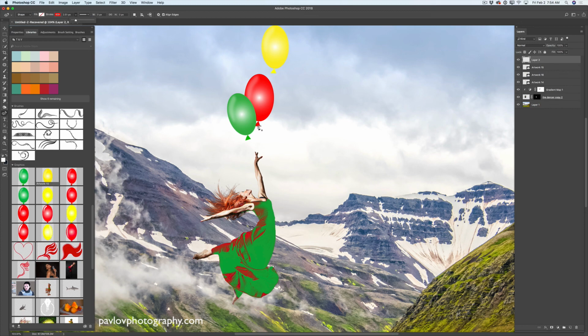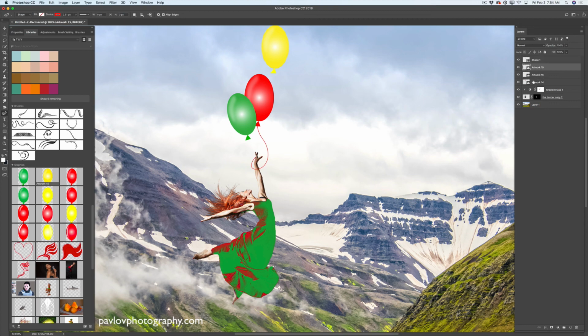I will click, drag, click and drag, just like that, guys. How great is it? And voila, this is my path created in Adobe Photoshop CC, and I was using the same